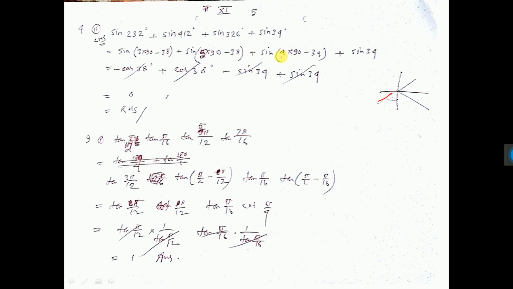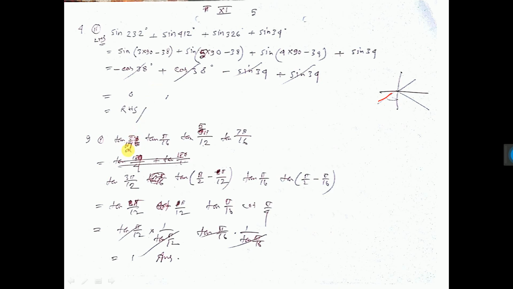Sin for that is even multiple, means it will be sin only. Which quadrant? 1, 2, 3, 4 minus theta, that is fourth quadrant, all sin, tan, cos. Our sum is sin, so minus sign. And this one here. Now this cut, this cut, answer is 0. So right hand side has come.